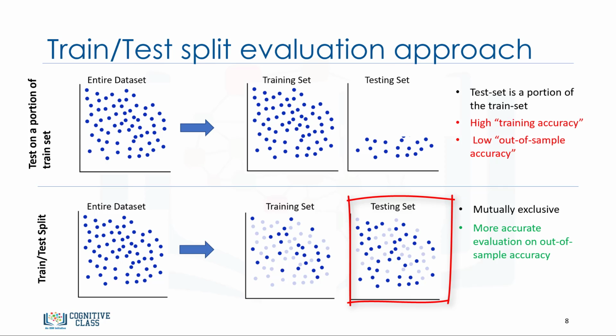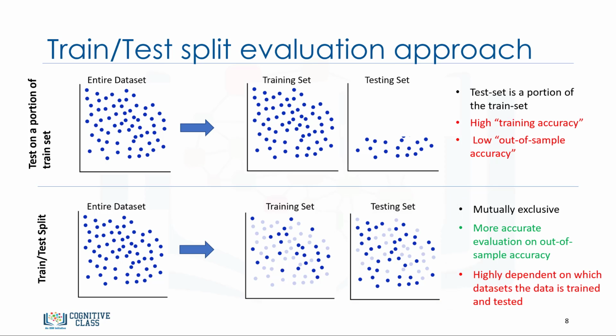This will provide a more accurate evaluation on out-of-sample accuracy because the testing dataset is not part of the dataset that has been used to train the model. It is more realistic for real-world problems. This means that we know the outcome of each data point in the dataset, making it great to test with. And since this data has not been used to train the model, the model has no knowledge of the outcome of these data points. So, in essence, it's truly out-of-sample testing. However, please ensure that you train your model with the testing set afterwards,